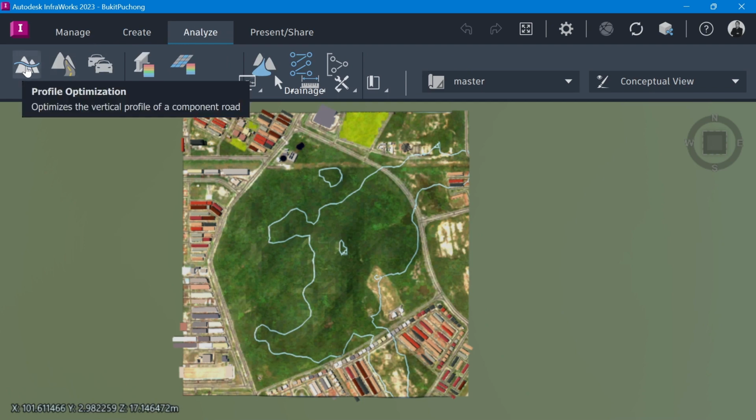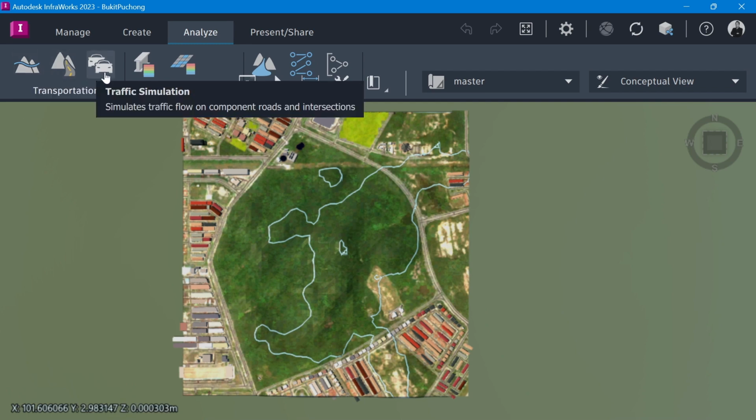Okay, analyze here, we have analyze for the transport, for the water, profile optimization, and then traffic simulation, as I mentioned in the class, that if you have the proper road conceptual design, then you can do traffic simulation.